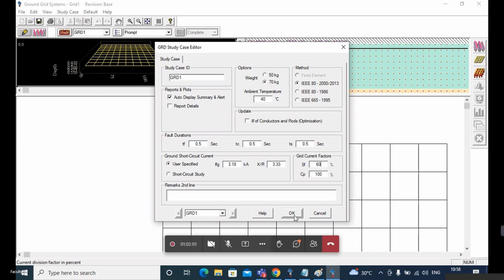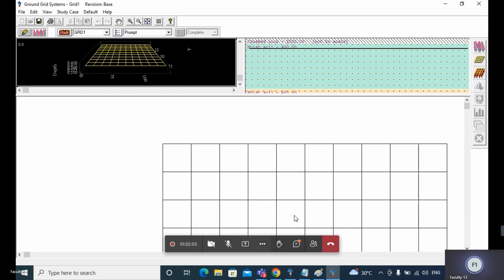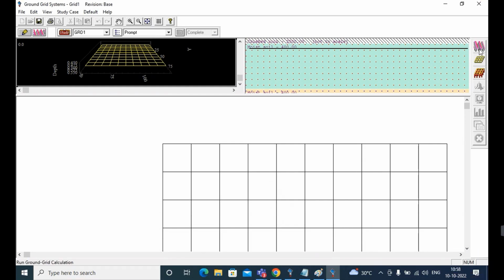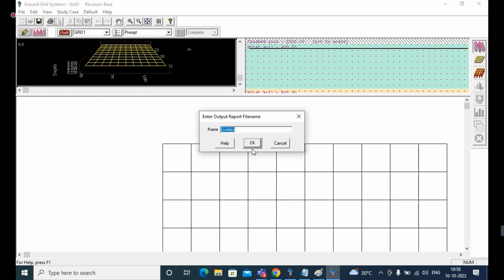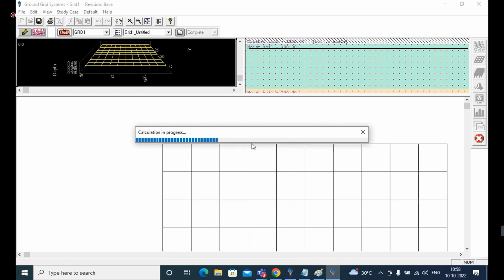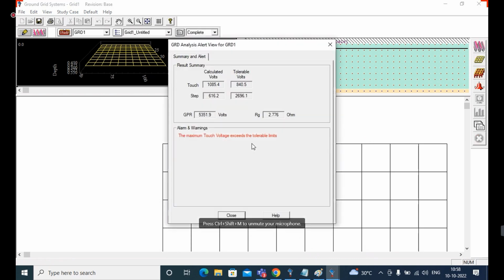Now I give OK, and I am going to run the design ground grid calculation. Using that you can check the step potential and touch potential.